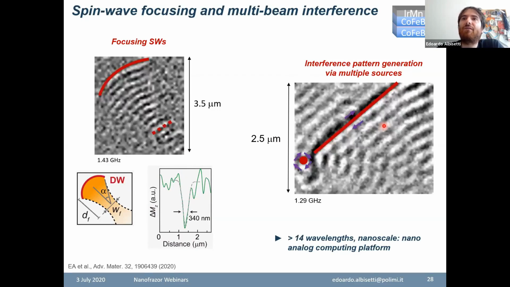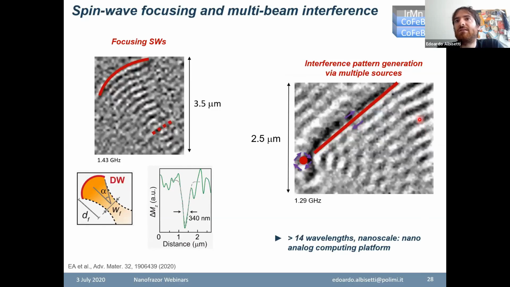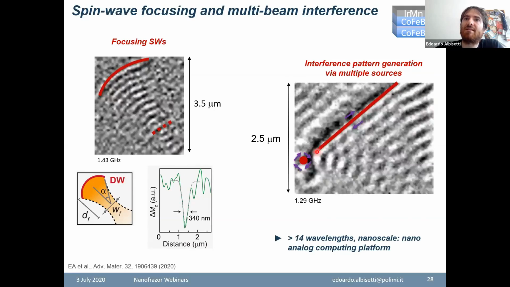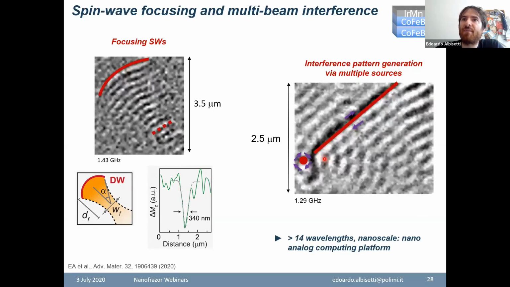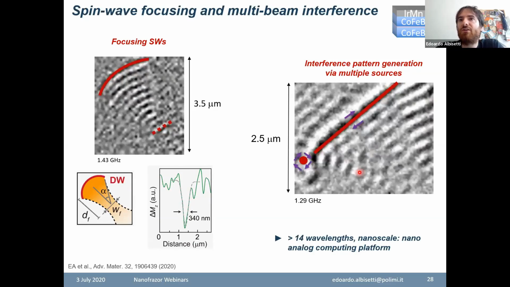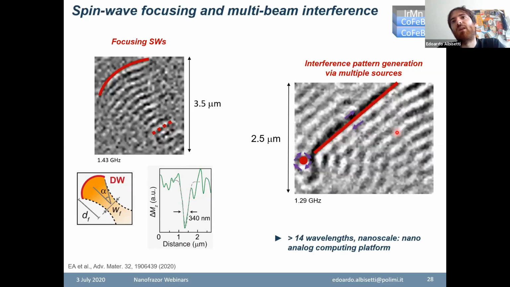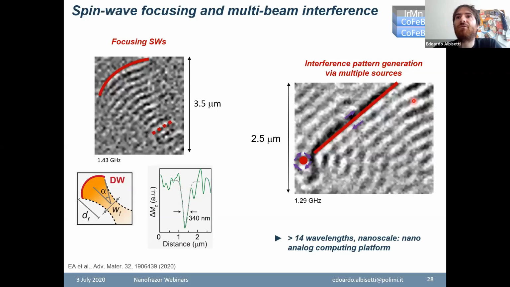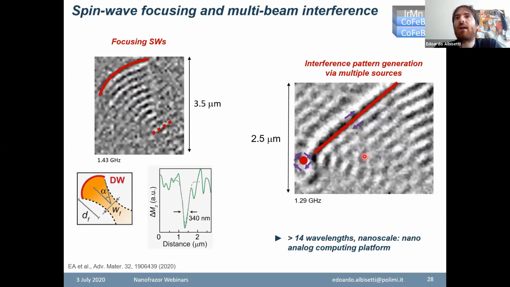And you can also combine different types of antennas for building a highly controllable interference figure. So in this case, we have a straight domain wall that emits planar wavefronts combined with a vortex that emits radial wavefronts. And you see here that you have the interference maxima here and minima here, this gray region. And here you see the different orders of interference that depend on the position of the vortex, which you can, if you want, move with the external field or with currents. And in this case, we were able to create this controlled interference that you can also modulate